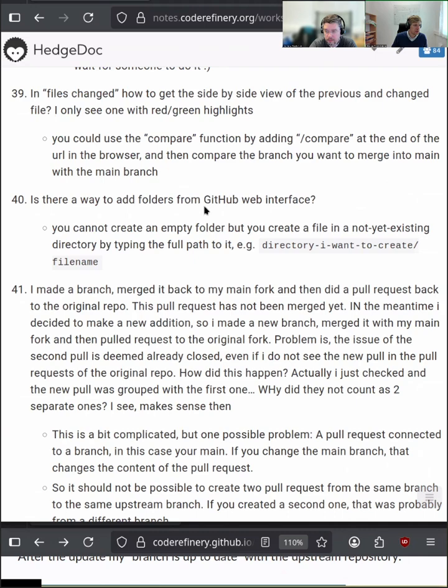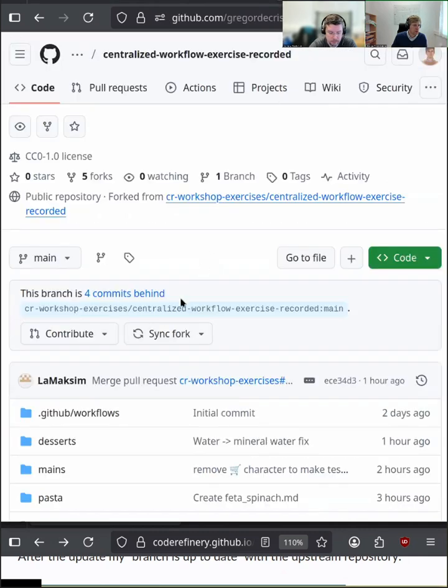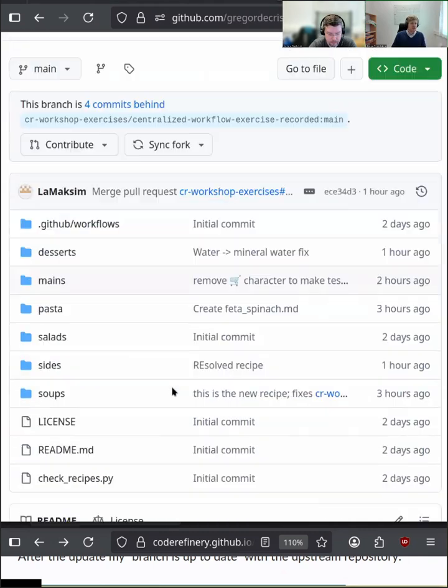How do you create a folder on GitHub? So let me just go to one of the repositories. This is maybe a bit counterintuitive, but in GitHub, Git doesn't track any folders, only files. But you can trick it into creating folders by creating a file inside of that folder. So I just quickly want to show how to do that.